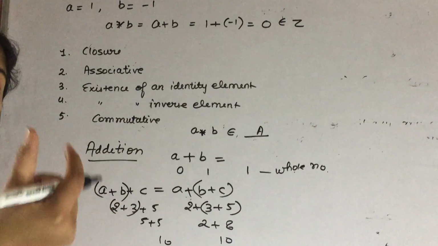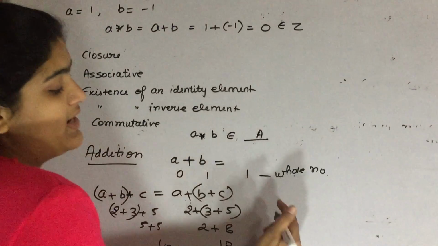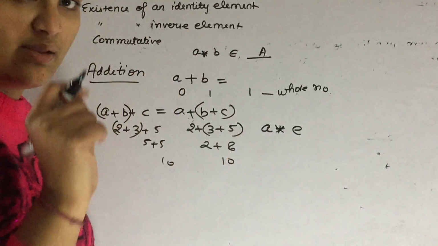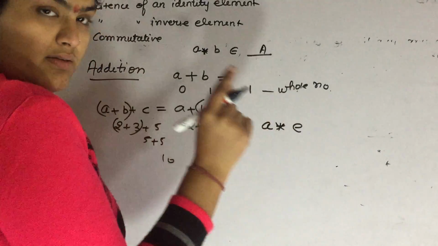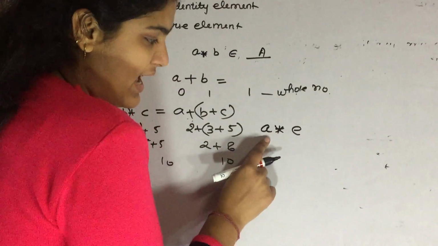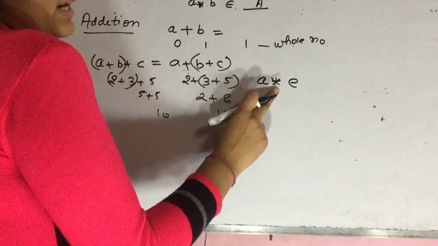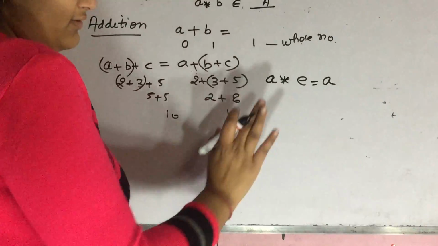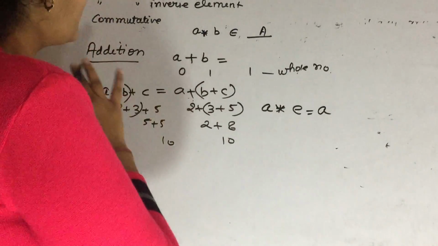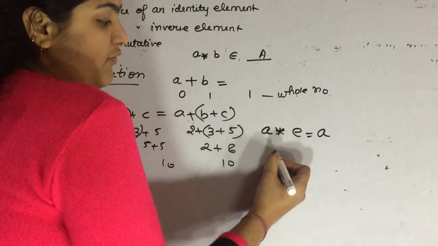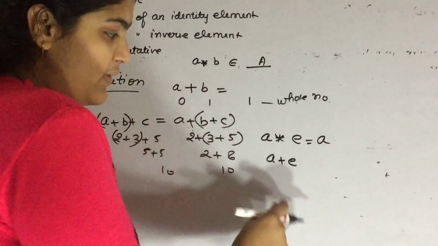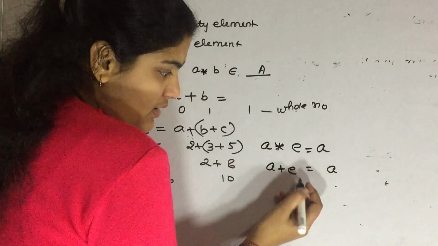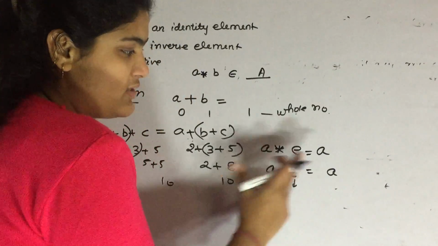For an identity element. What is identity element? Identity element is that element whenever, let us suppose we have taken identity element E. So that element is the element when we apply any binary operation with other element, then we get the same number. Let us suppose for addition, when will you get A again? What do you have to suppose in E so as to get A again?